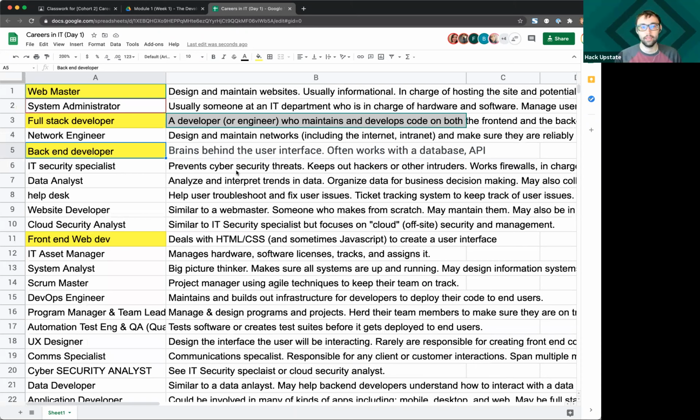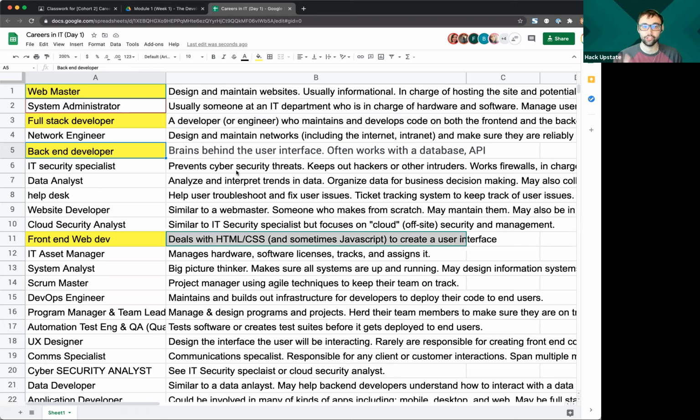So just to review, front end is anything involved with the user interface, what the person loading your site or your app or whatever it may be sees. The front end web dev is making that user interface. The back end developer is the person working on the servers and the databases and the APIs to make that work. And so combined, that front end and back end, again, is what a full stack developer is.